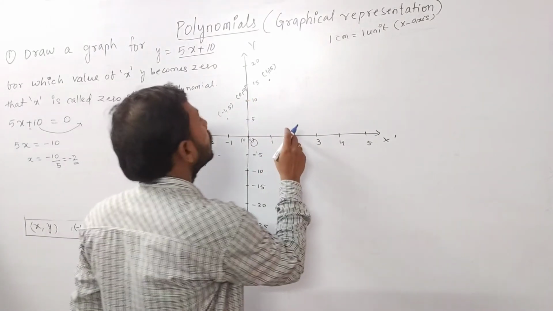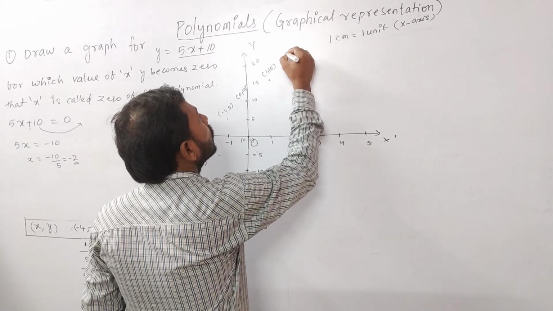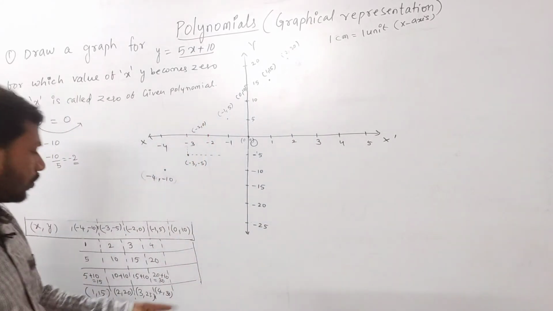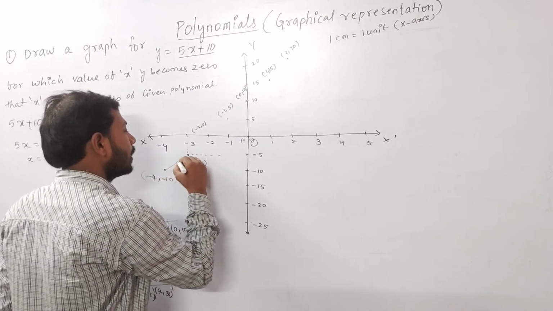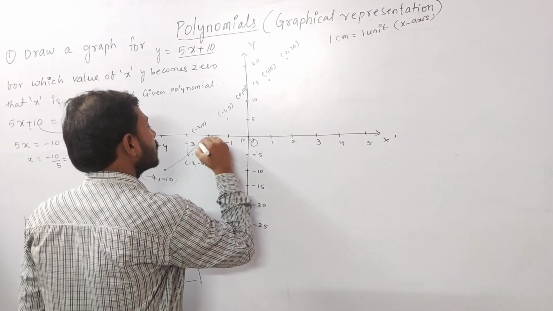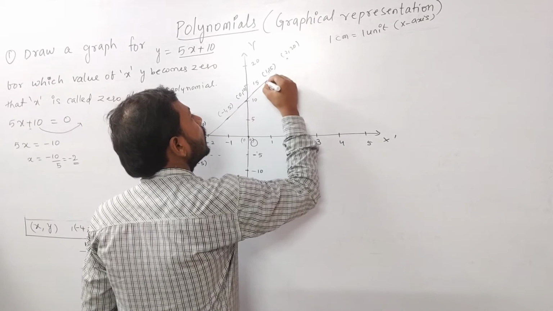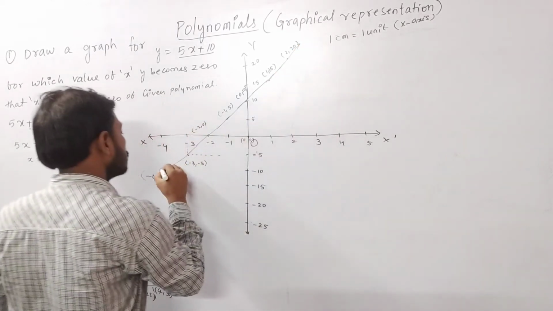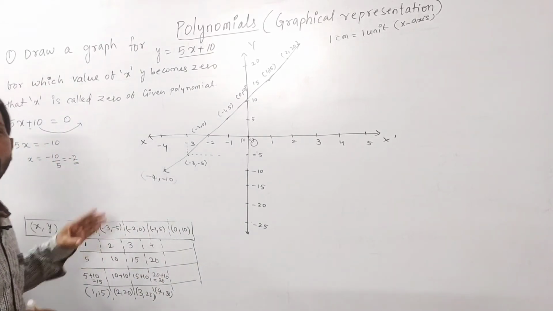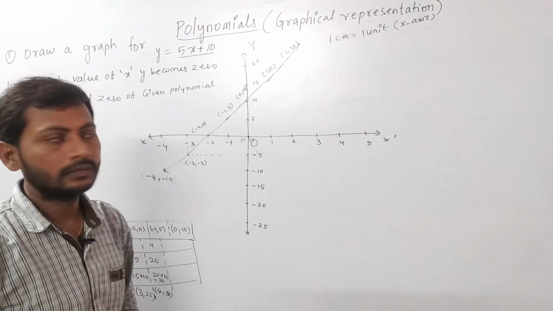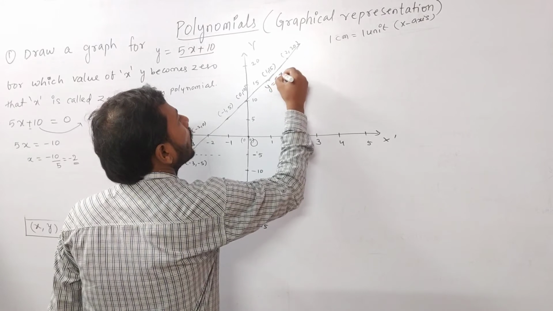Next one is 2 comma 20. Maybe it is here. This is the location, 2 comma 20. And the remaining 3, 25 and 4, 30 I am not drawing. If you join all these points, I am drawing by hand only, because presently I don't have a scale. In the next class surely I will get a scale, because you will say that only sir is not following the rule. Okay, this is the graph you got. This graph I am writing, what is it representing, Nana? Y equal to 5x plus 10.